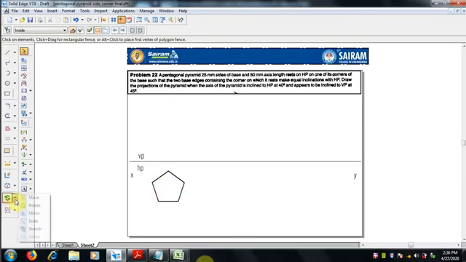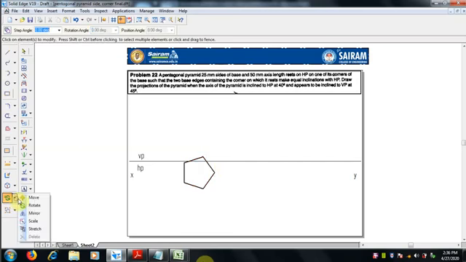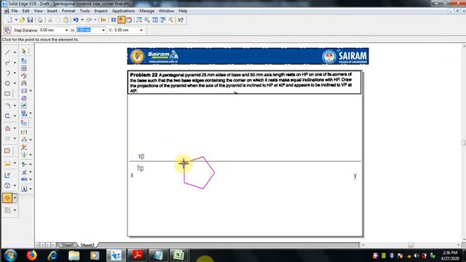Go for the rotate command and select one edge, and we can rotate it so that it is on one corner. Okay, so we rotate by bringing one corner to the right side. This is the corner position we are going to keep in the projection of the solid.